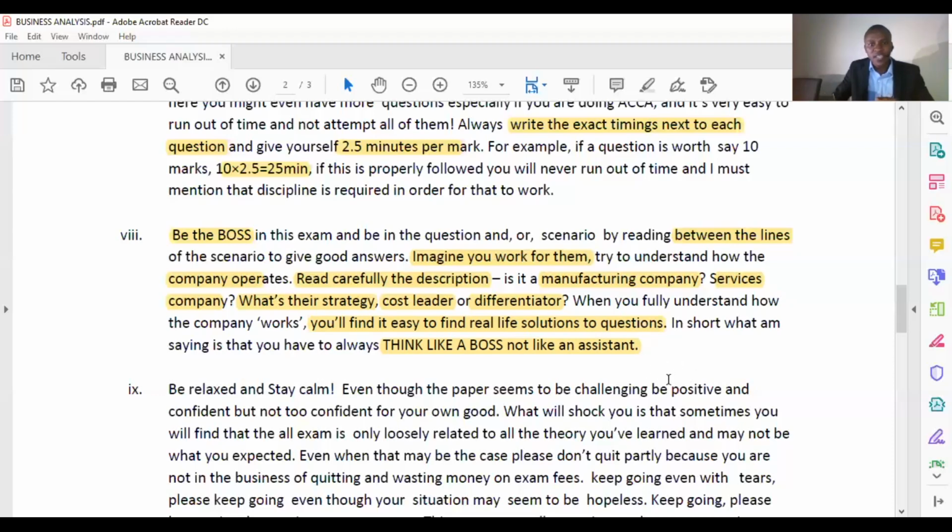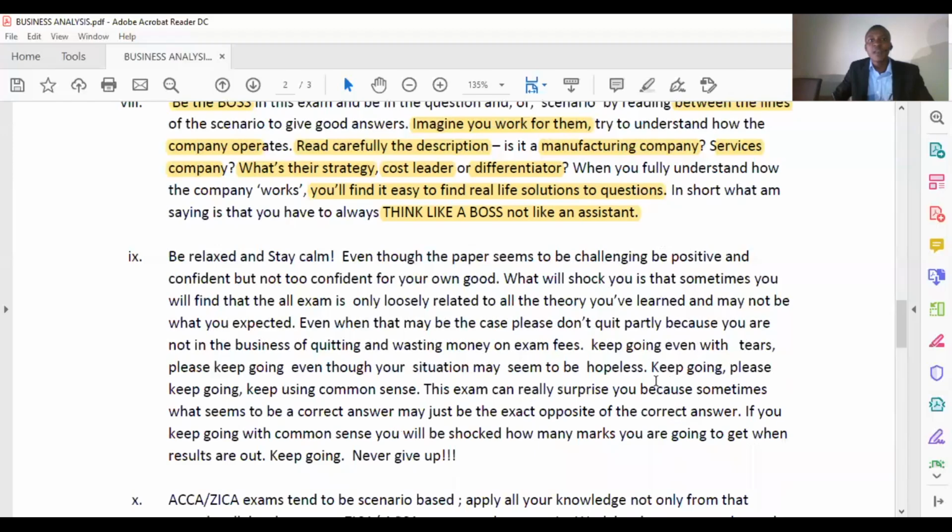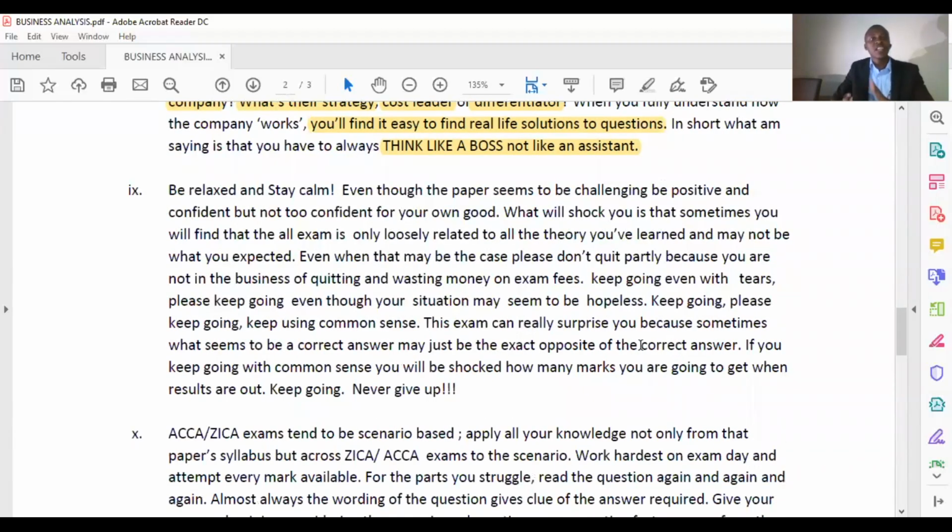One most important thing I've come to learn over the years of my being a student, through my entire school life, either primary, secondary, university, college, whatever it may be, is always be relaxed and stay calm. It is important in this exam that you stay calm. I'll give you one reason. One reason is because this exam will make you feel down. It will make you feel like you don't know anything. It will make you feel like you've not studied.